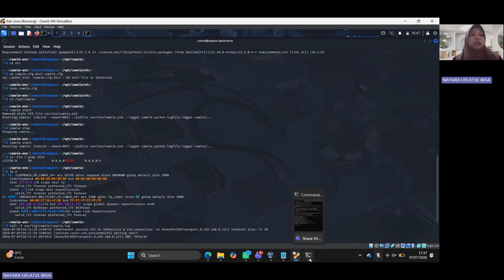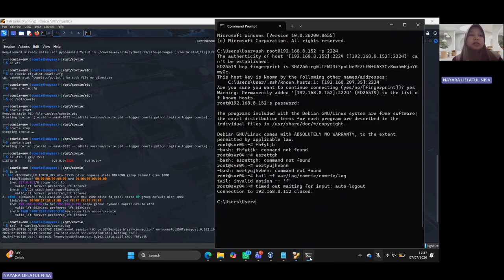Next, I simulated an SSH connection to the Cowrie honeypot from my Windows machine using the SSH command on port 2224. After accepting the host key, I logged in to the honeypot and entered several random commands to imitate an attacker's behavior.